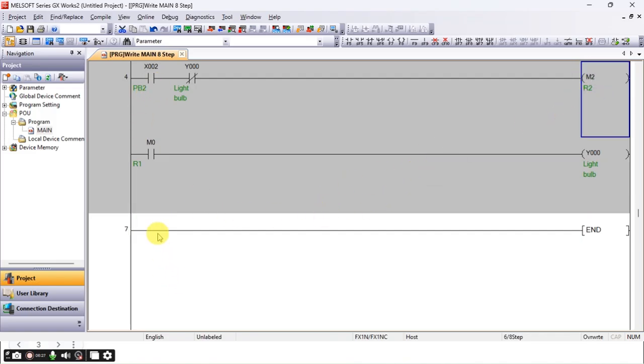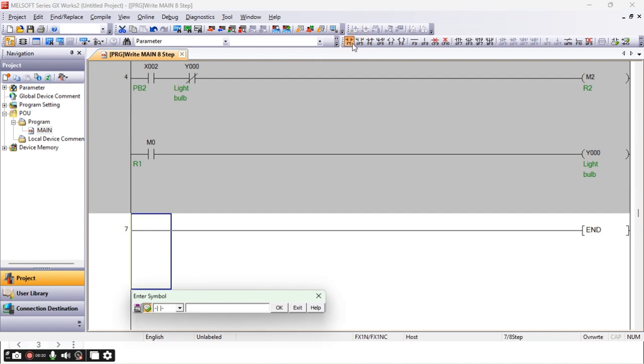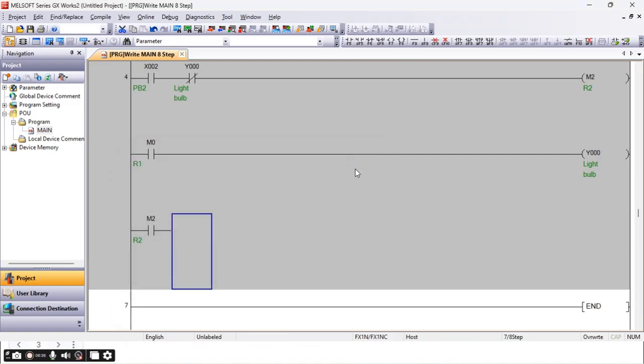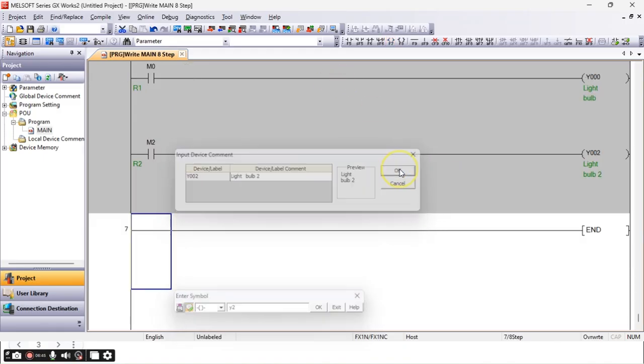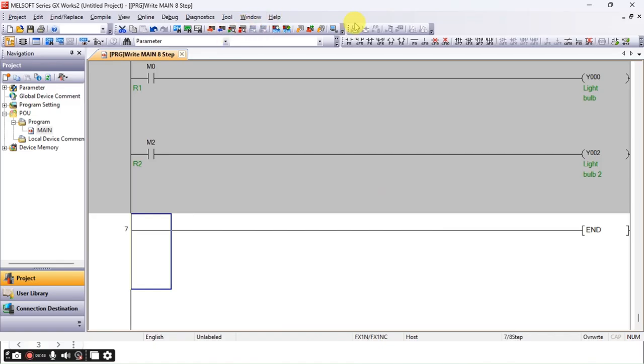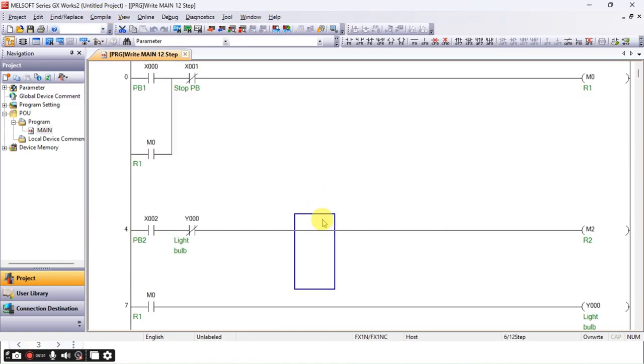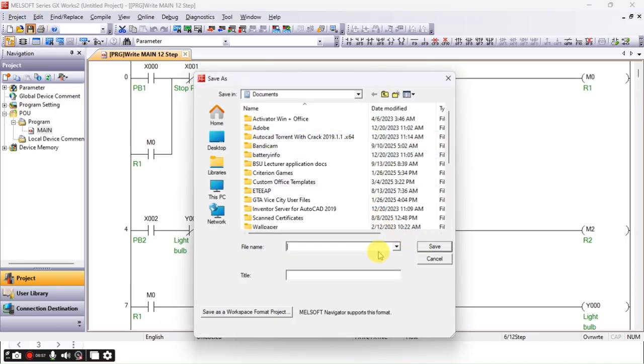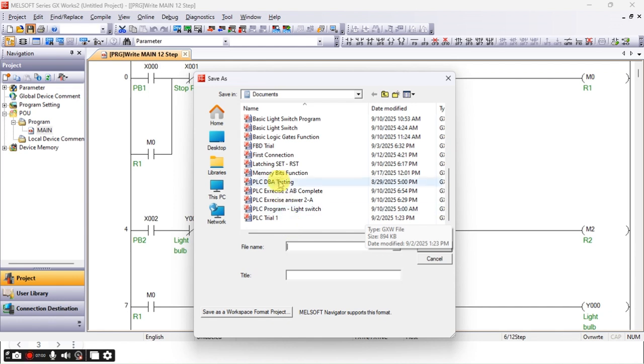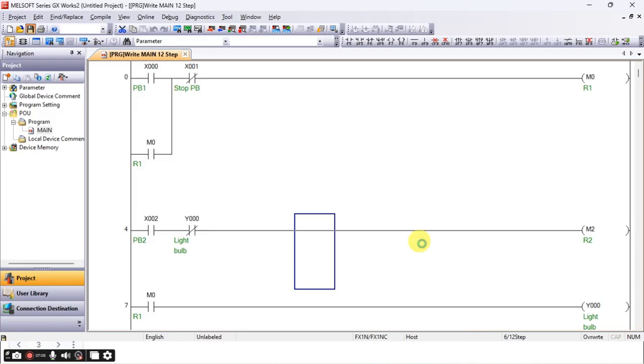And when M2 is energized, it will turn on the light bulb too. So let's try to simulate.